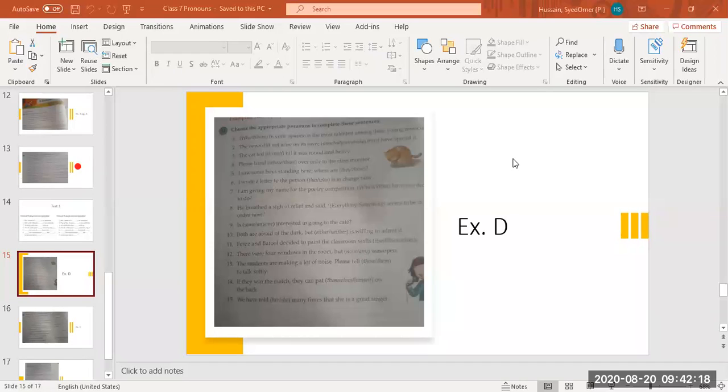Is anyone interested in going to the cafe? Anyone. Correct, because you're asking about anyone. Both are afraid of the dark, but neither is willing to admit it. Neither. Correct. Number 11: Rose and the Tool decided to paint the classroom walls themselves. Well,